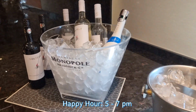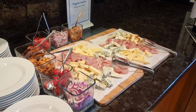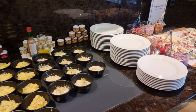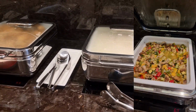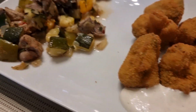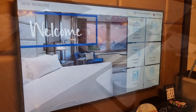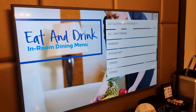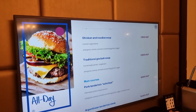In the evenings they have quite a nice buffet here with Hungarian wines, including 2 types of sparkling wine as well as some fundamental spirits for long drinks. If you're hungry, there's a selection of cold cuts, salads, soup, a main course, rice and delicious fried broccoli as a side dish. But of course you can also order food to your room, and the large monitor screen not only serves as a TV and radio, but